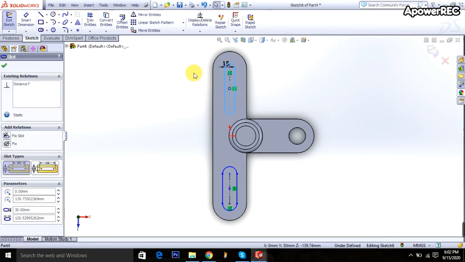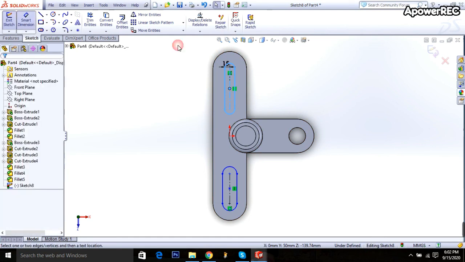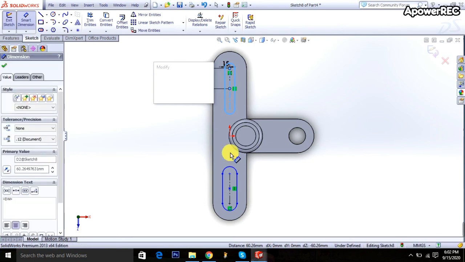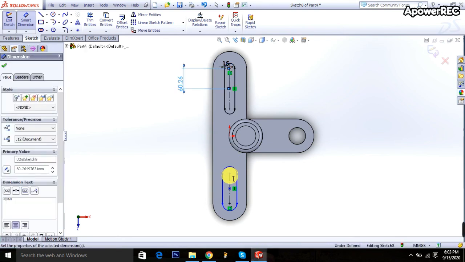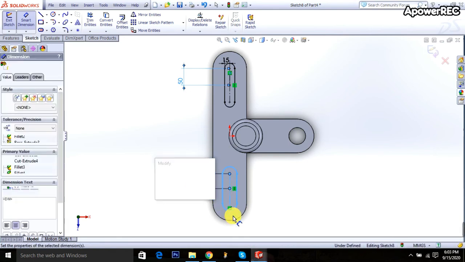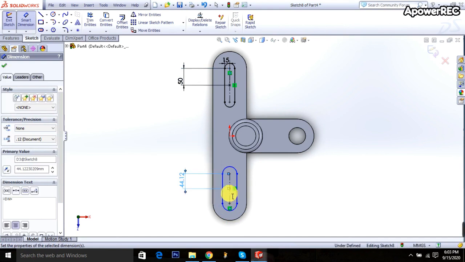Again from here to here 50 millimeters. Similarly from here to here distance is 50 millimeters, and radius from here to here